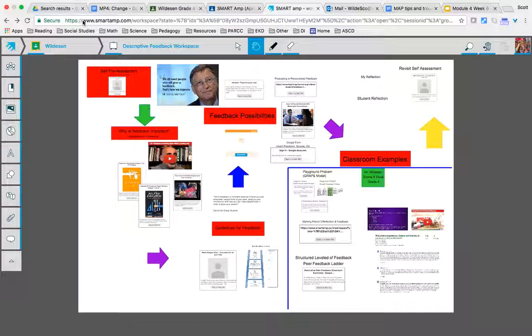So first of all, the layout of this workspace is arranged starting with our self pre-assessment, just like we would pre-assess any students. It's good for us as professionals to self-assess where we are in order to get an idea of where we want to go in the end. A lot of this was done with the end in mind, knowing what I want my students to be able to do, and then assessing them periodically throughout the way.